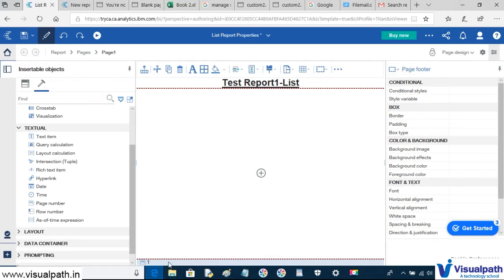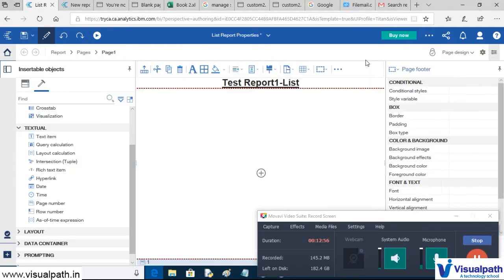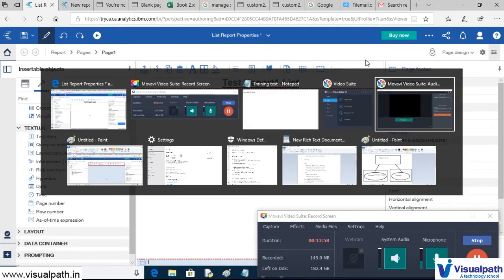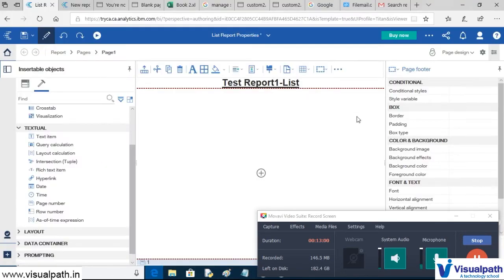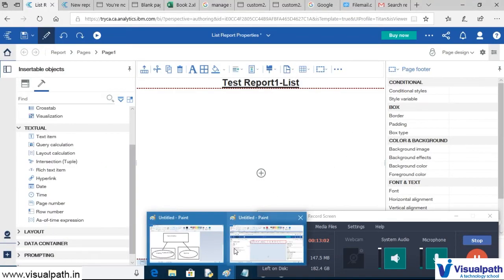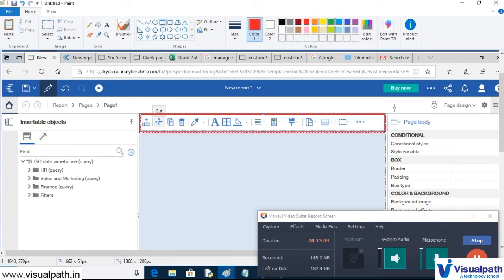Now again on the top you can see we have multiple toolbars like this. Yeah, this toolbar I'm referring to.